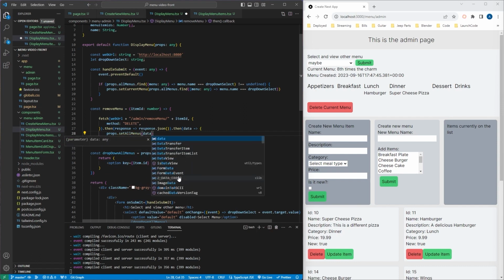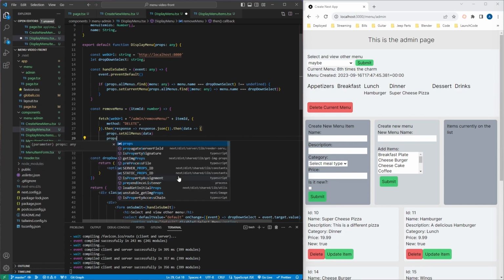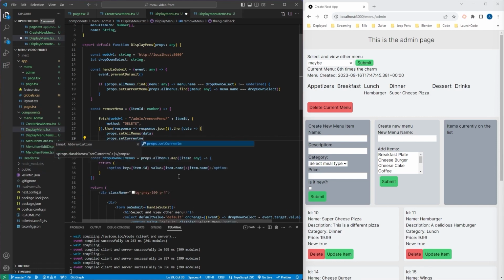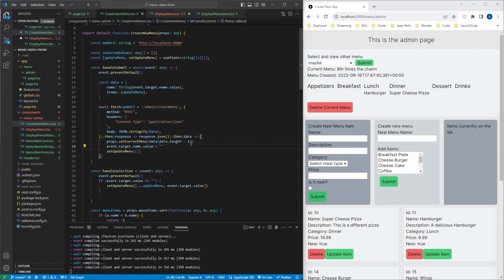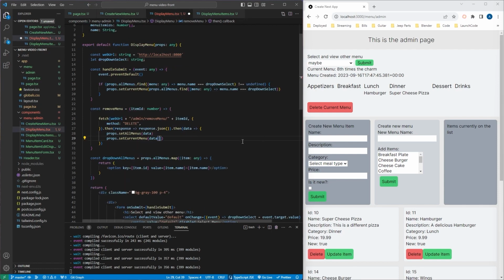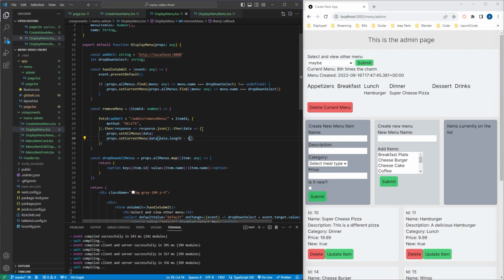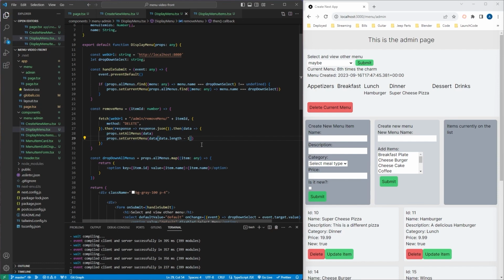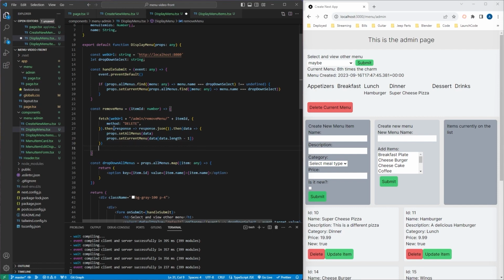And we're just going to put the data in there. Okay. And then props.set current menu, which is going to be data. And then how did I write this? Okay, data.length -1. And I think if I save this, okay,